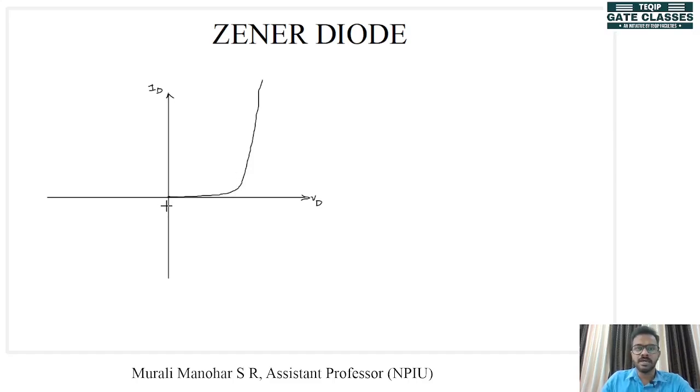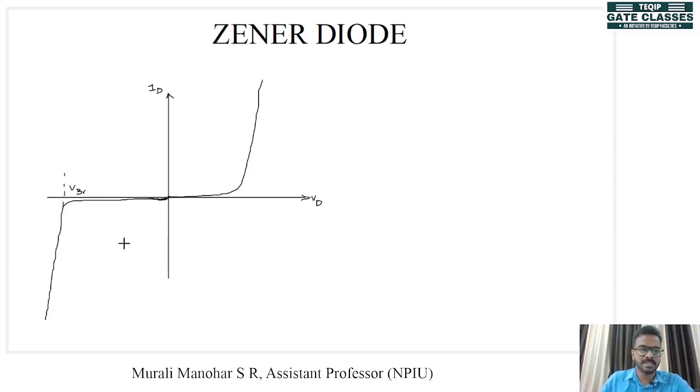So what happens in the reverse bias condition? We know that there is a diode current in reverse bias because of the minority charge carriers, and this current is very small, and once the reverse bias voltage reaches a particular level, this current suddenly increases, and we call this voltage breakdown voltage, right? But this special type of diode called Zener diode works in this region, that is in